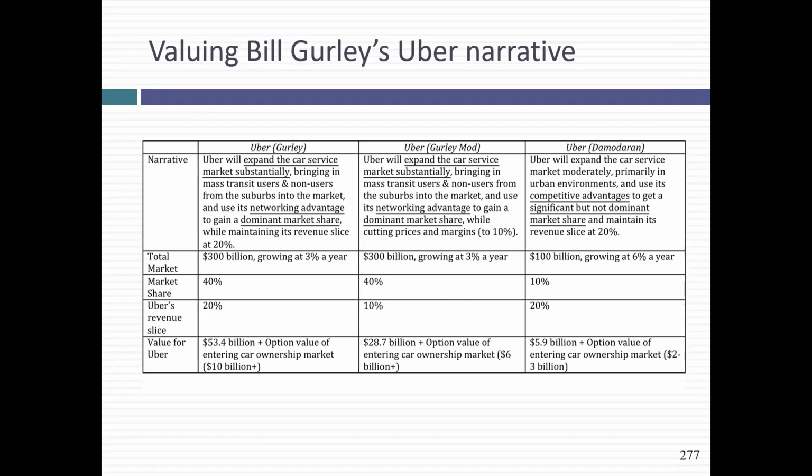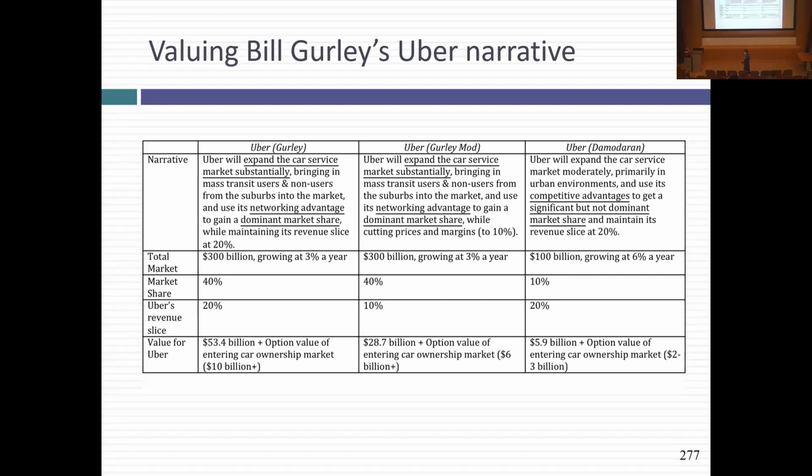Remember the $100 billion total market I had, the urban car service market? If you bring in moving and delivery into the business, and those are actually easier businesses to see how big the market is because it's more organized, that market becomes 3 times larger, $300 billion total market. And remember the 10% market share I gave them with local networking benefits? If this story about being able to go global works, in Bill's story, there are going to be only 2 or 3 ride-sharing companies that dominate the world. The market share is going to be much higher. I gave them a 40% market share. With those changes put in, the value that I got for Uber was $53 billion.